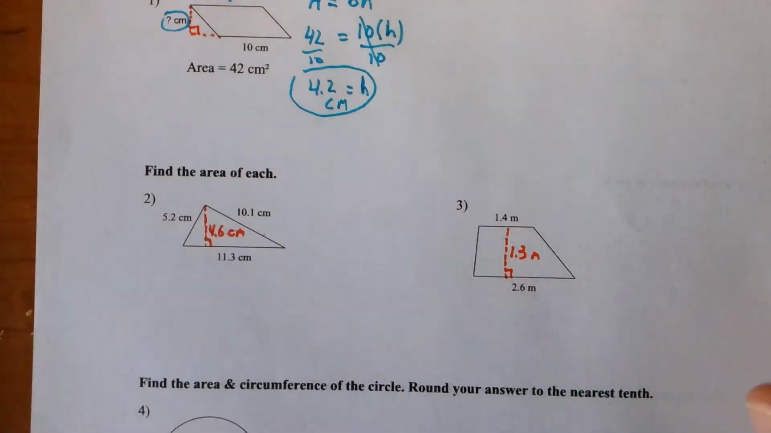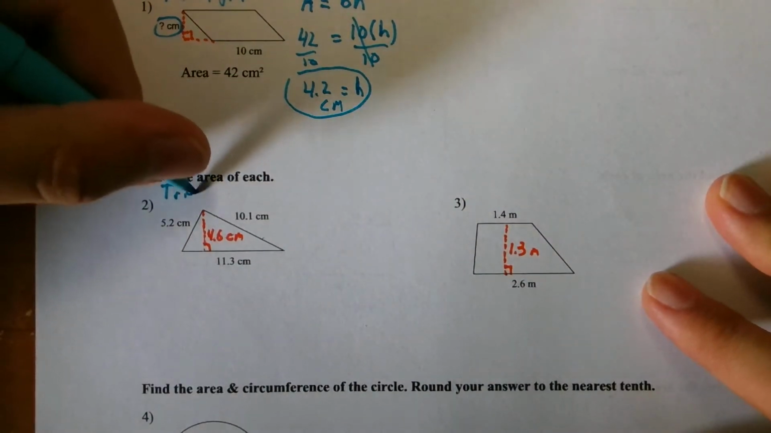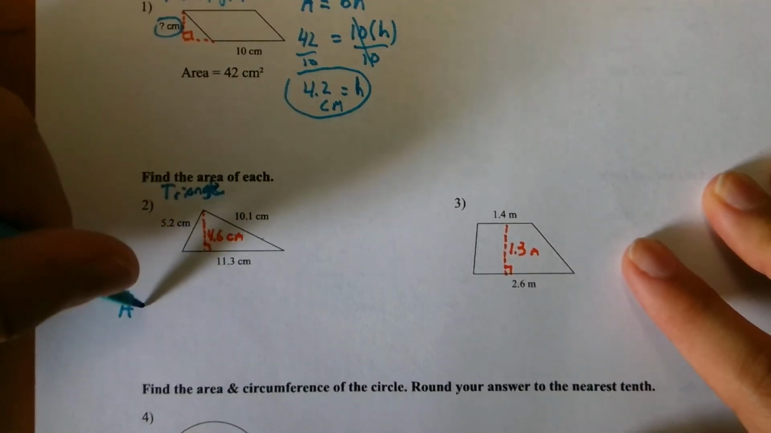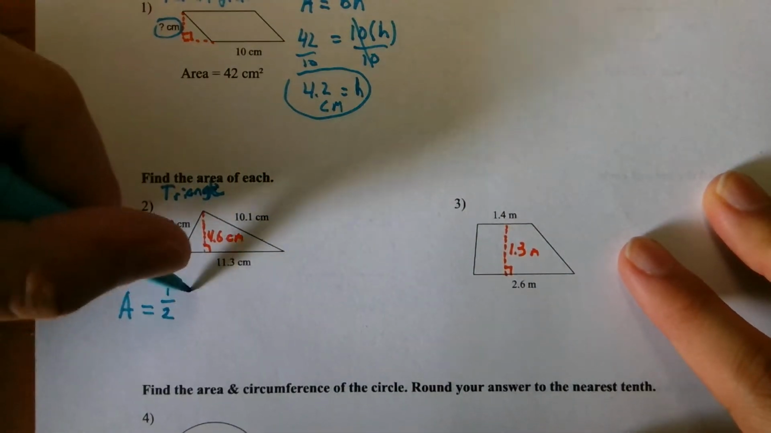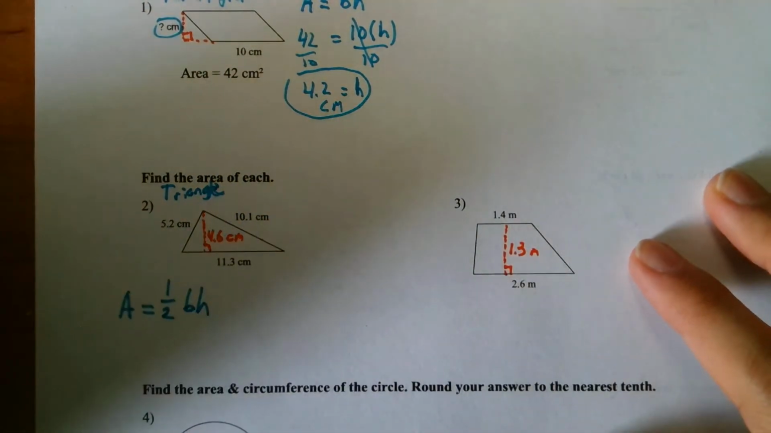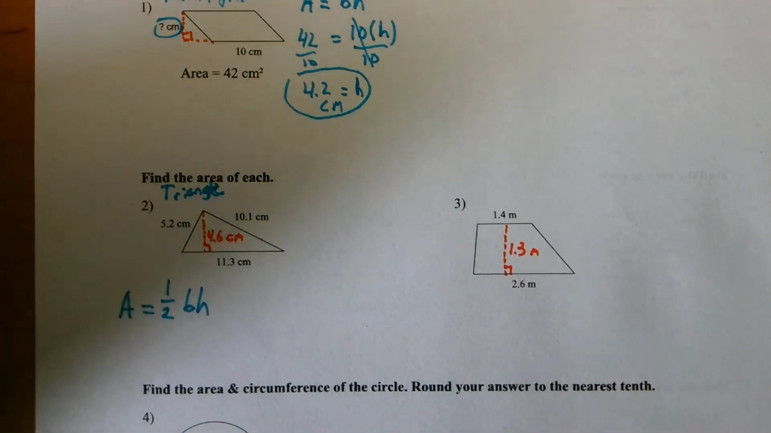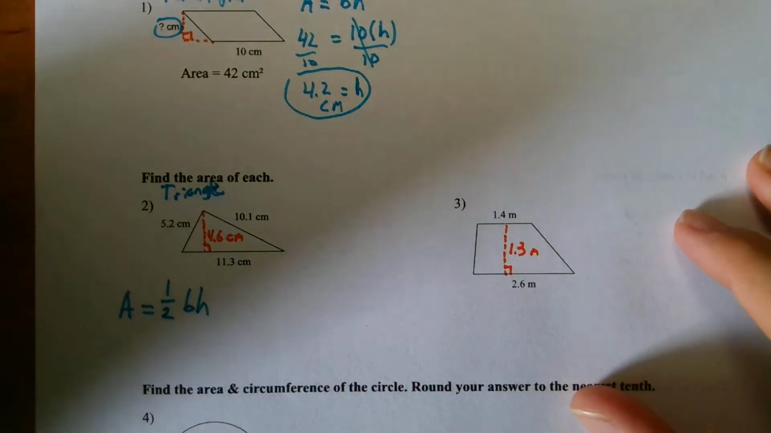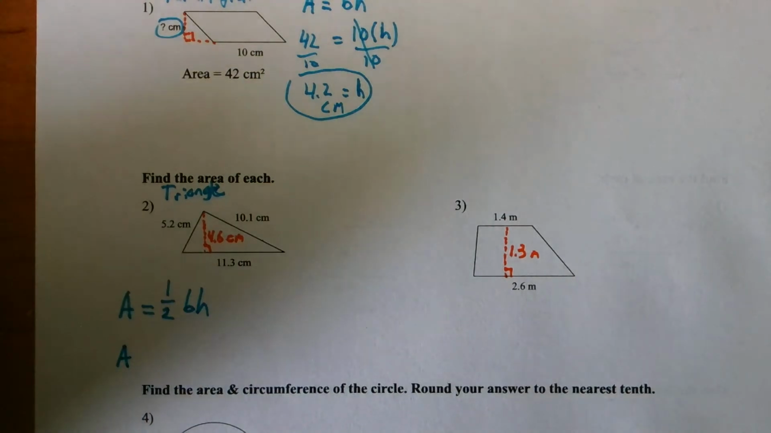Alright, number 2 would be a triangle. And hopefully we remember the area formula for a triangle looks like this. Area A equals 1/2 base times height. I could also do it as base times height over 2. But let's go ahead and do it like this for now. Okay, so for our triangle we want to find the area. So the area is going to be equal to 1/2